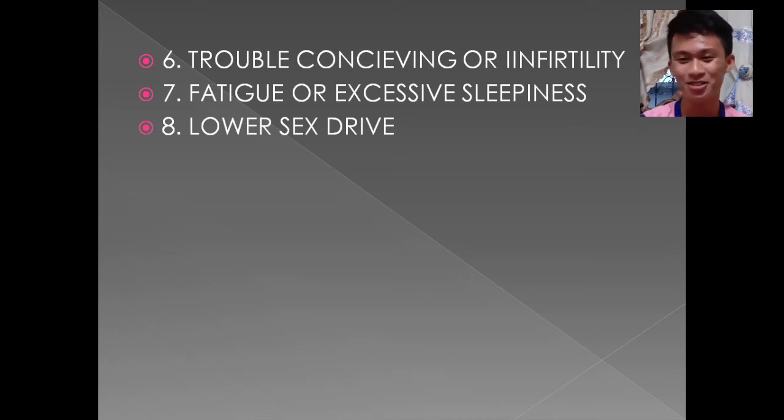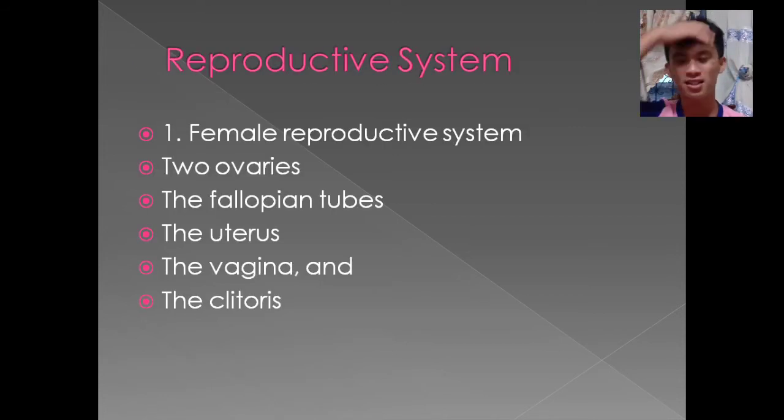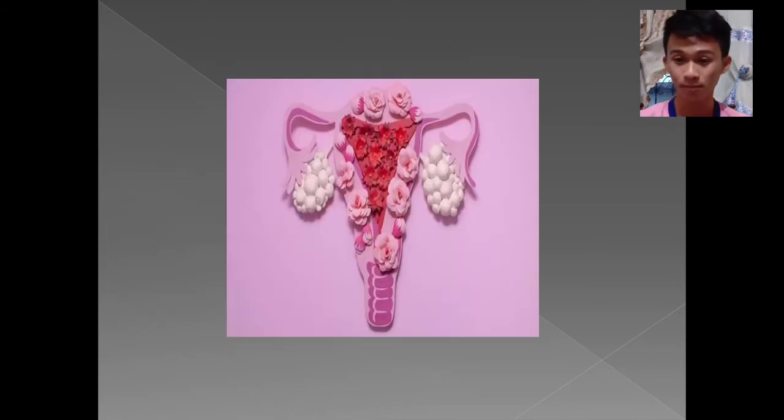So next, the reproductive system. In the female reproductive system, there are two ovaries, the fallopian tubes, the uterus, the vagina, and the clitoris. So this part is the sixth organ. I will show the PowerPoint to you. This is the